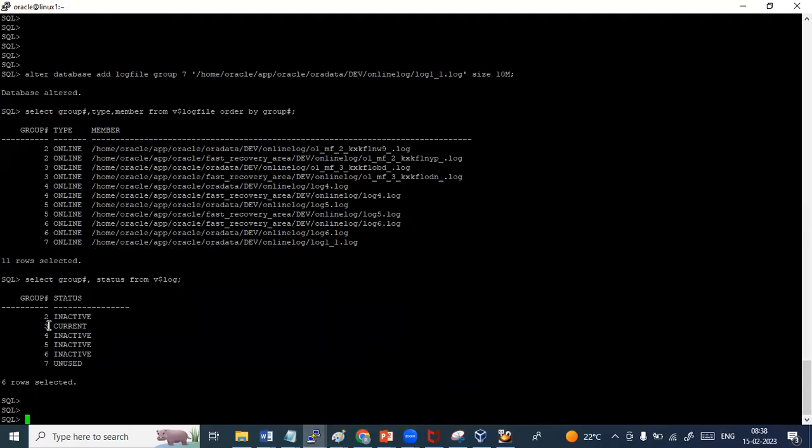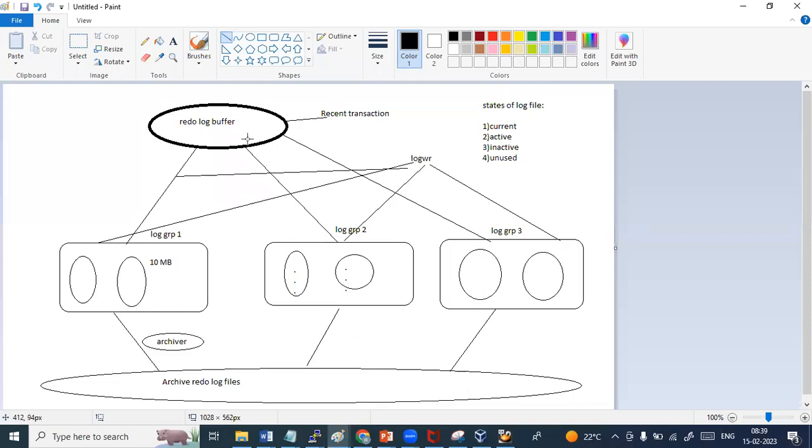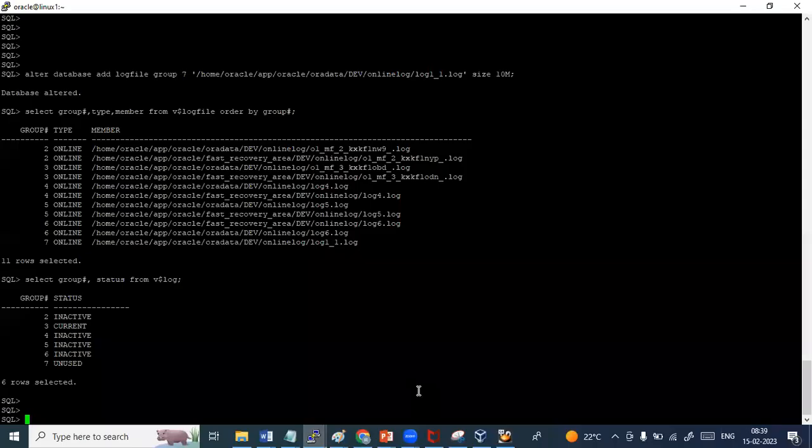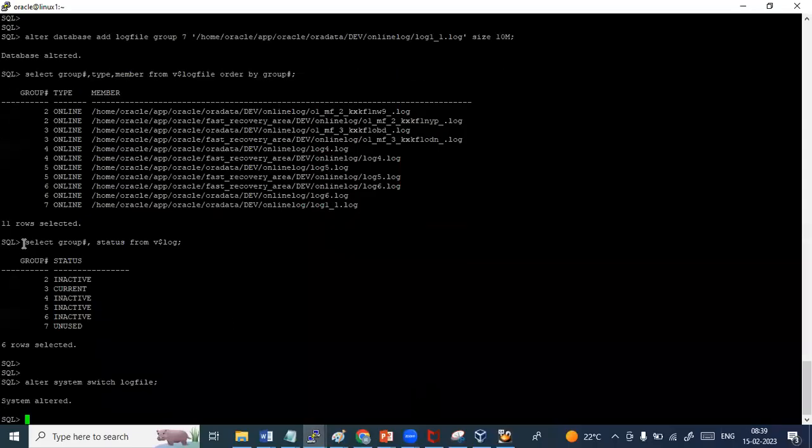So currently we have the log group in the current state, right? If you want to switch this current state to next, we have to forcefully switch it. Suppose the log writer is currently writing to group number 3. Now I want to switch the log writer to write to group number 1 or 2. I can switch it forcefully. How can I switch it? There is a command called alter system switch logfile. That's all. If you simply give this, system altered,